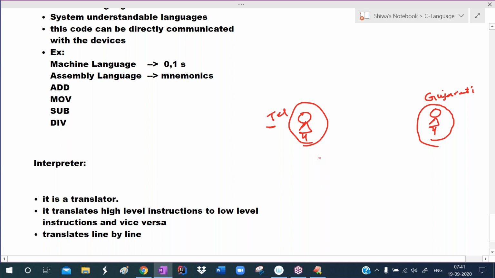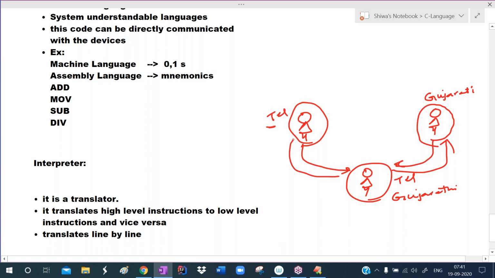But now they want to communicate with each other. So what they did is they met another person, a third person, who knows the Telugu language and the Gujarati language, who knows two languages. If this person talks in Telugu, this person translates that into Gujarati. If this person talks in Gujarati, this person translates that into Telugu. So this third person is working like a